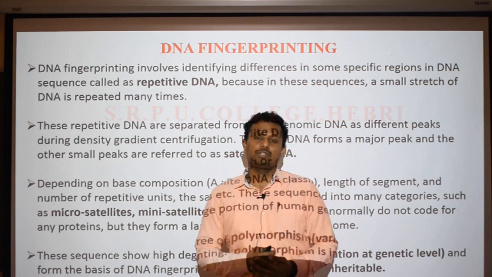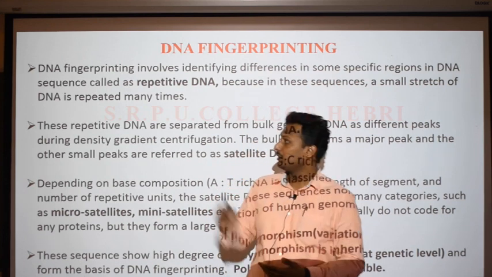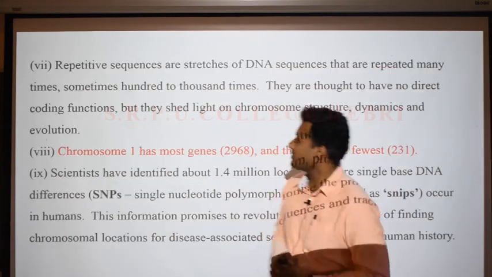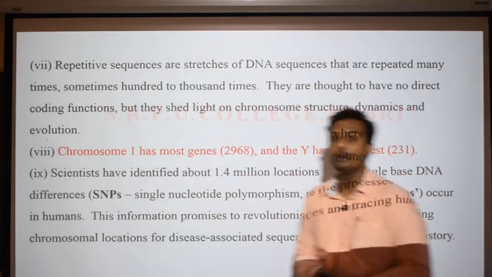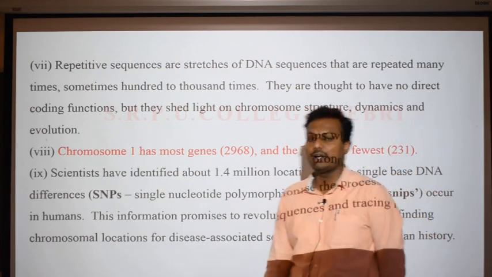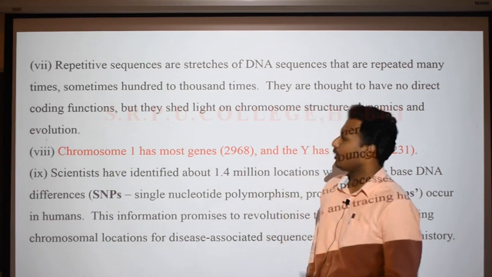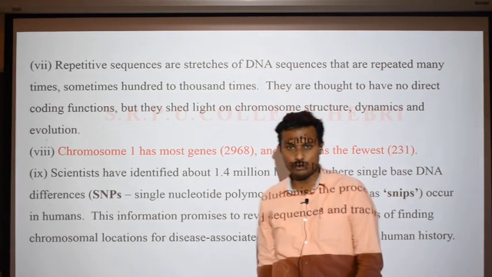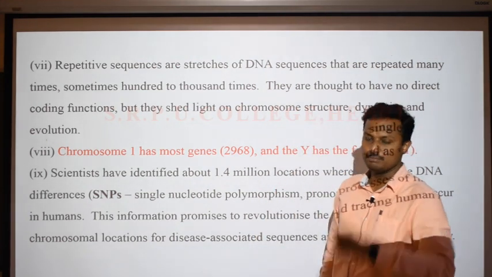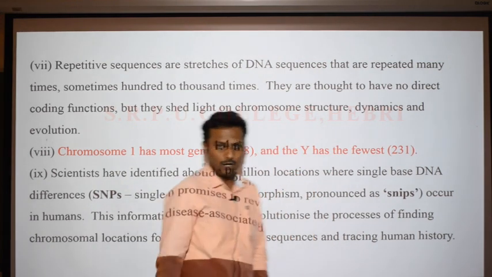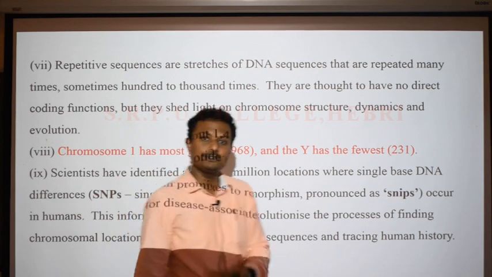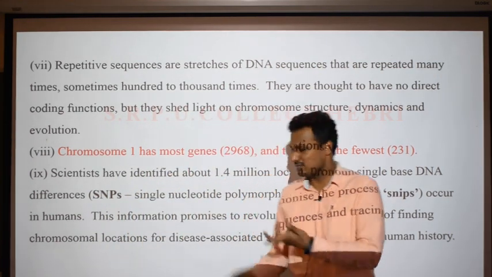Students, in the previous session, we had discussed one of the topics in the chapter on molecular basis of inheritance, regarding the Human Genome Project and the salient features of the human genome, right? We have also learnt concepts like repetitive sequences, and used terms like satellite DNA or satellite chromosomes, and polymorphism and single nucleotide polymorphism.